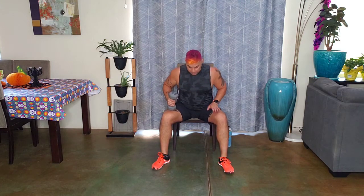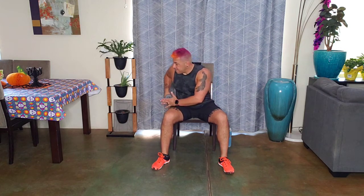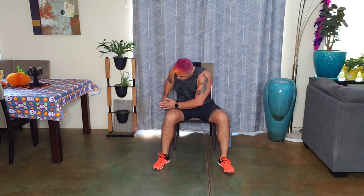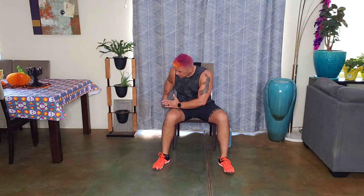Now take the same weight into your left hand. Same exact thing. Hinge forward, keeping that back flat. Your left elbow is up behind you, and we're going to extend that arm back. 10, 9,